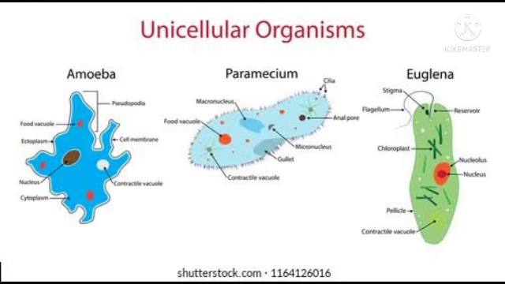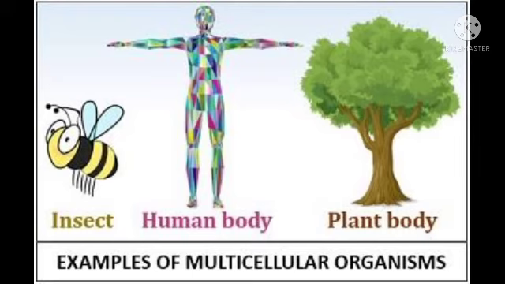The pictures you are seeing here are made up of a single cell, and all the activities are carried out by this single cell. For example, this amoeba lives in the water. It is made up of only a single cell, and all its functions are carried out by this single cell. This type of organism is called a unicellular organism, and organisms such as human beings, cow, tree are made up